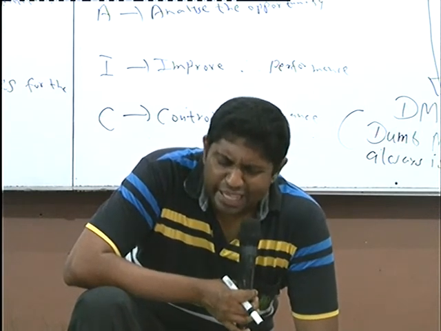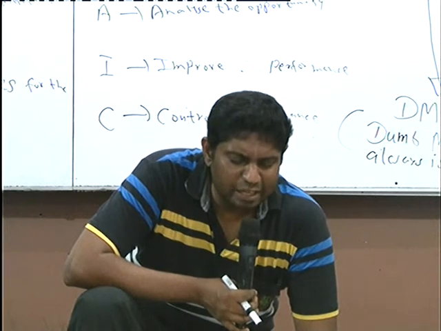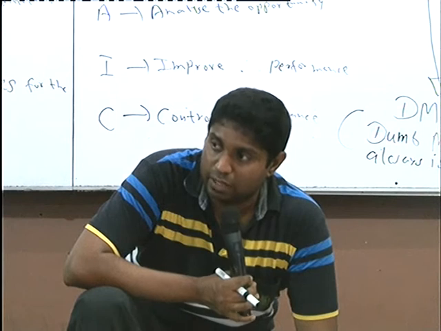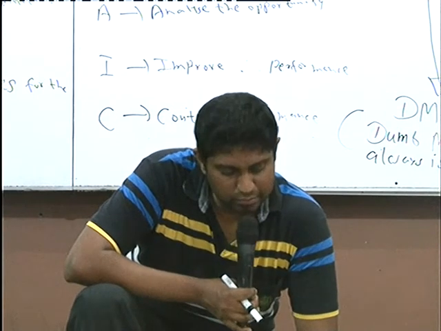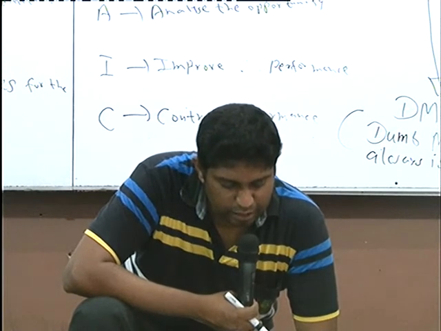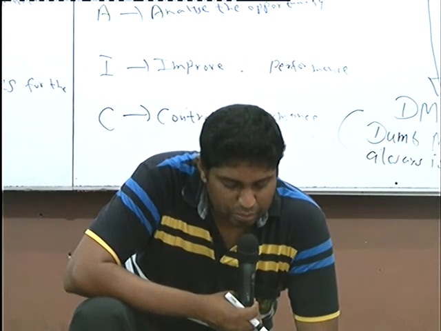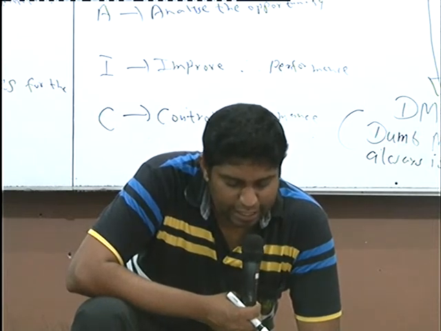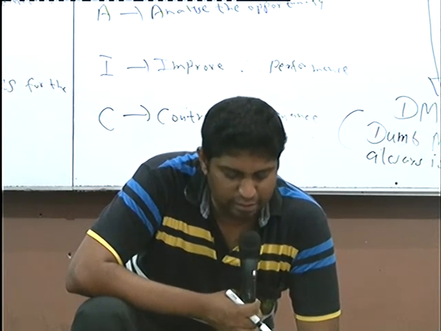I think the examiner may go with incremental improvement, but there is a possibility to go with the next one also. What is the next one? The Six Sigma approach to design a new process. So major redesign of an existing process is also in 5 steps, known as DMADV.